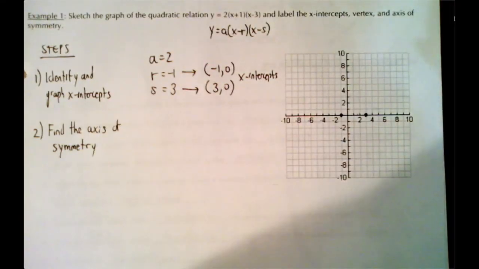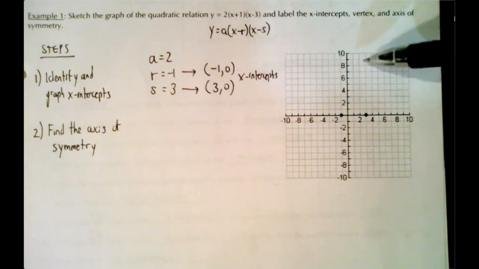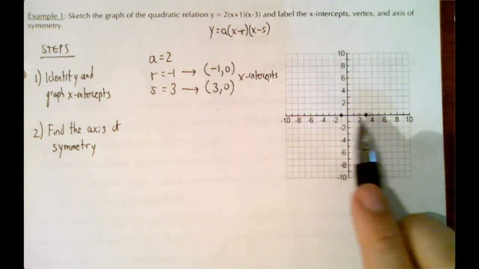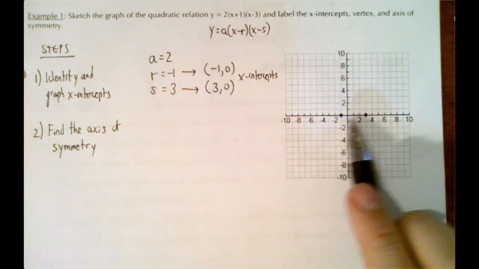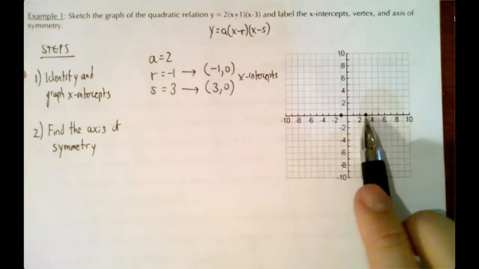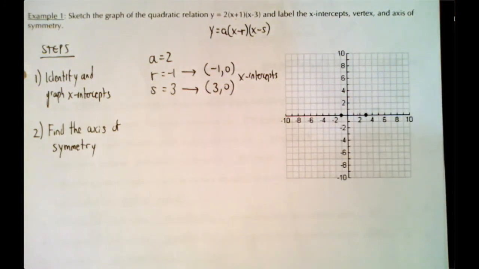Now, why do we want the axis of symmetry? Well, we want the axis of symmetry because that's where the vertex is going to be. The vertex is going to be on the axis of symmetry. We don't know where, but somewhere between these 2 points. In fact, if these points are symmetrical around the axis, which x-intercepts are, the axis of symmetry will be right